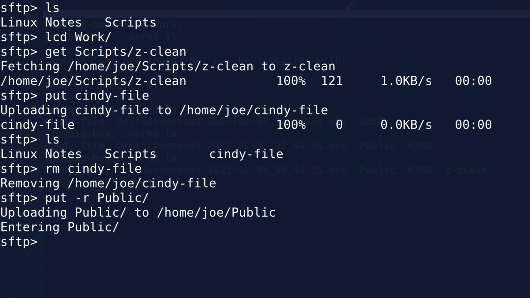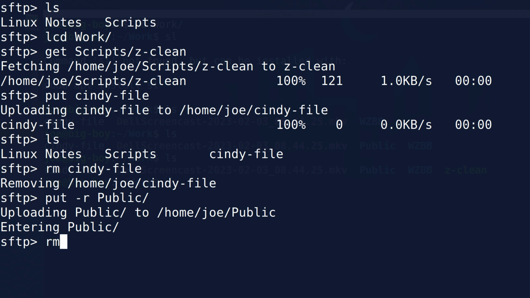And I use this all the time when working on people's machines, because then I will just go and grab it and pull it off of my web server. Now for my web server, I do have DNS set up, so that's how I was able to access it using